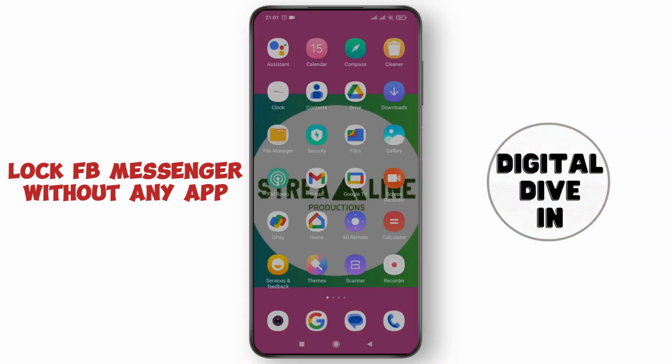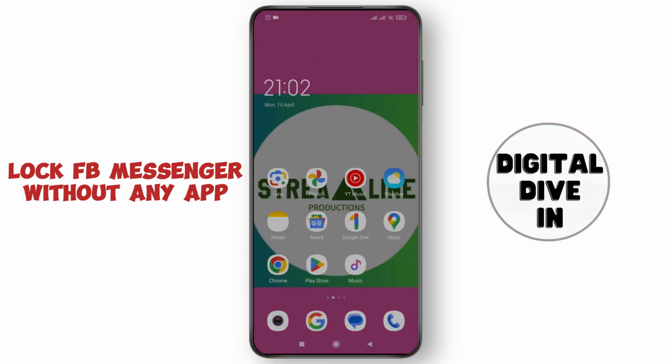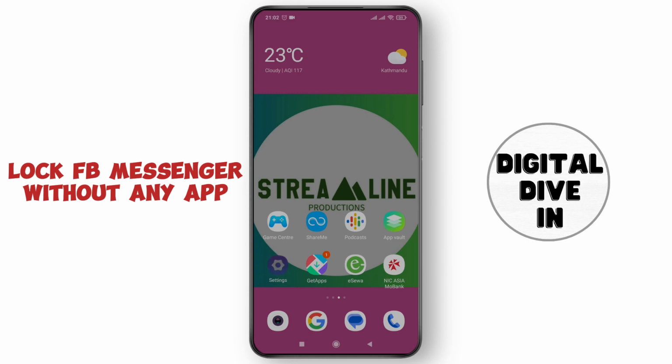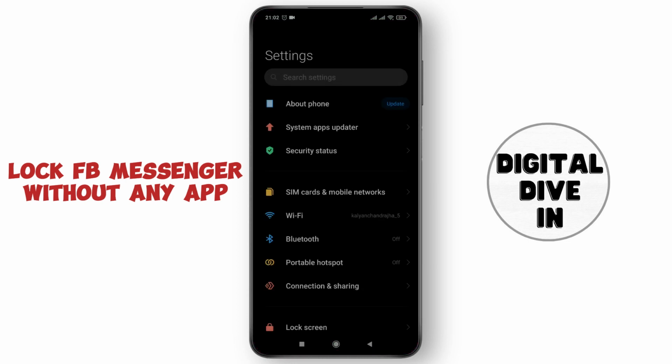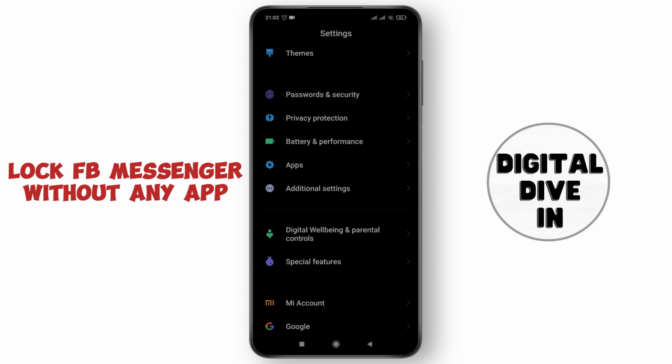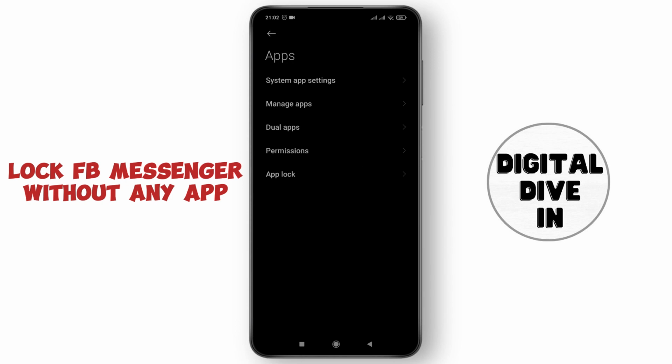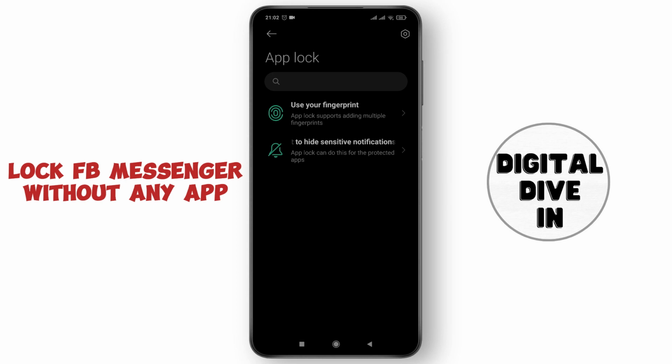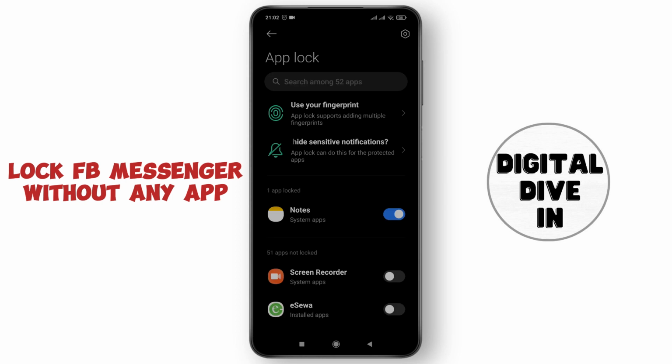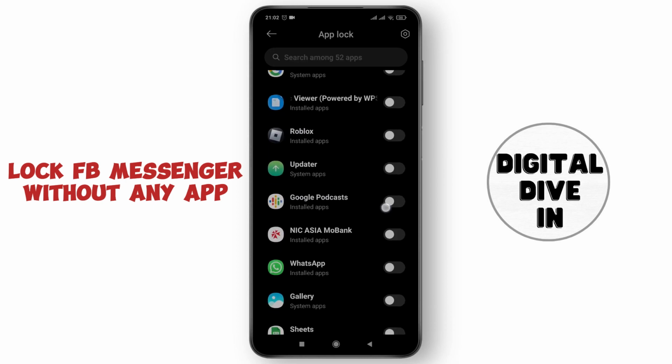First of all, what you have to do is go to the settings and here scroll down to apps and then tap on app lock. So here you have to give fingerprint or pattern that you have set or passcode, anything that you have set